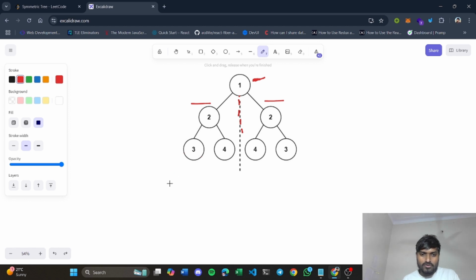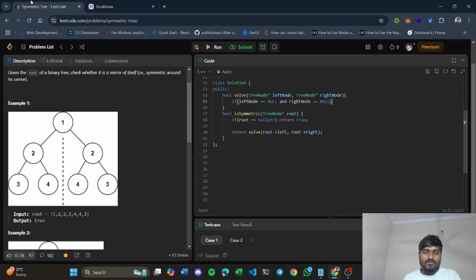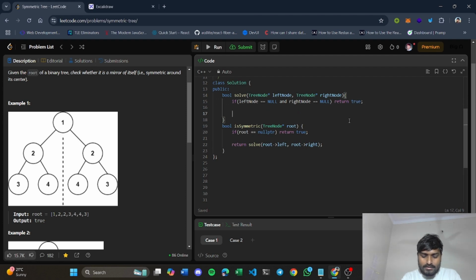So I'm explaining it wrong. Let's say you are at this 3 node in both the parts, left and right. So here you will call for left node and here you will call for right node, right? In both the cases, you see that we are getting null. So what does it mean? This part is similar to this part, right? So what will you return? You will basically return true here.